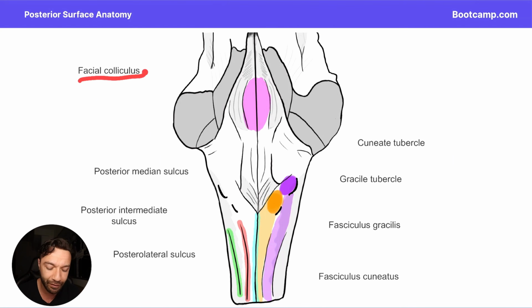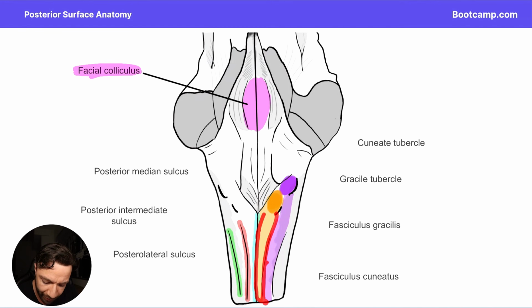These are known as the facial colliculi. And these facial colliculi are actually created by the facial nucleus and the fibers coming off of the facial nucleus wrapping around the abducens nerve and creating this prominent bulge on either side. And as we move lower, into the medullary region, we're going to have these two bundles of white matter